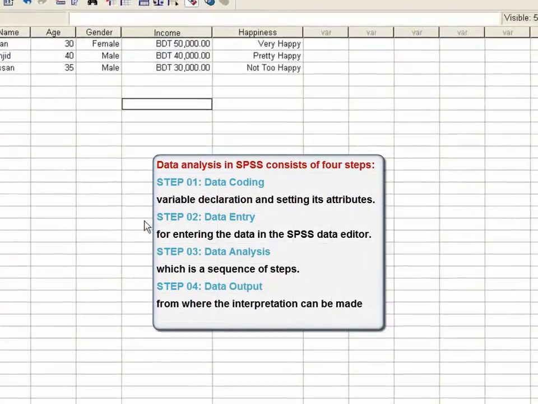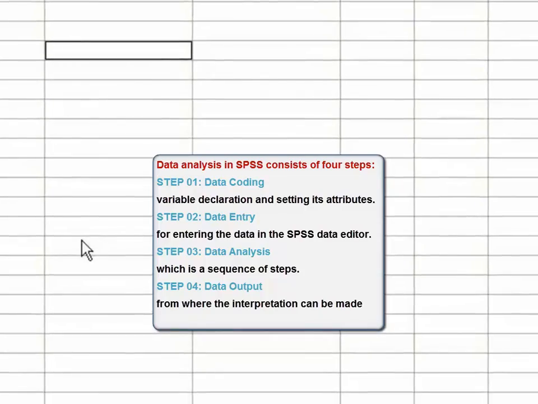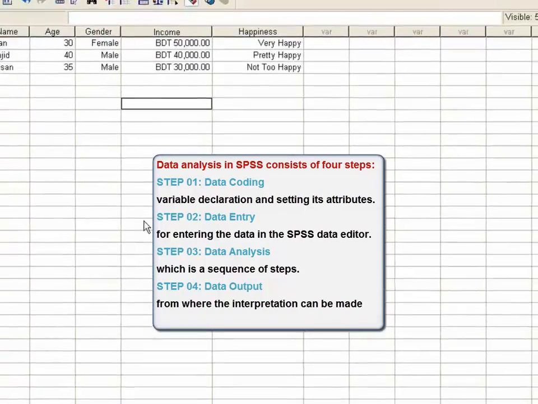All these 4 steps are discussed in detail in different parts of this tutorial 1. Hope you have got the